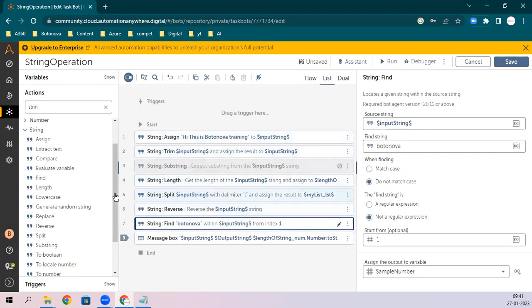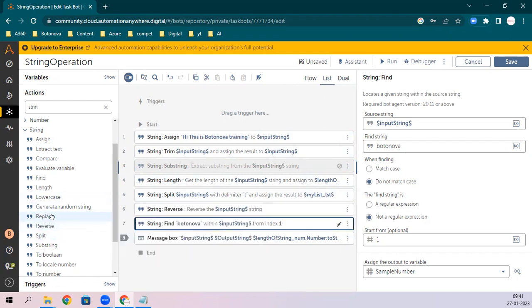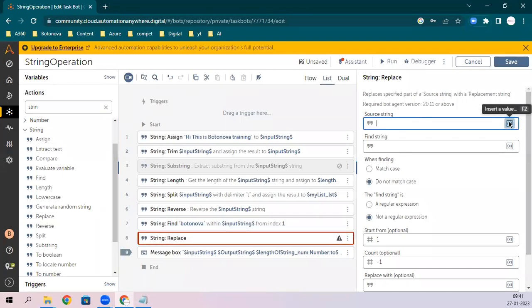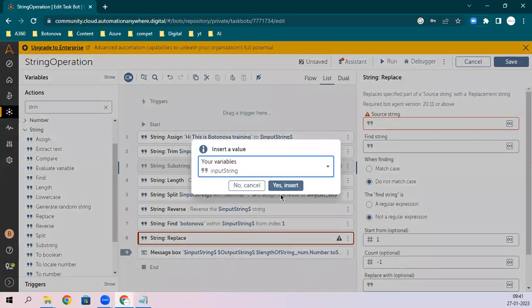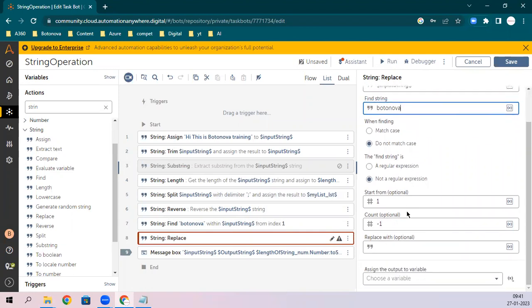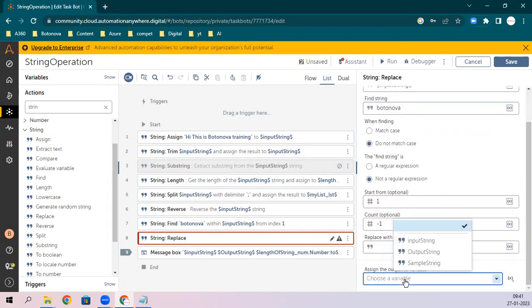Any doubt? In the same way, we have a replace command. I want to replace the input string. I want to replace the find string, like the same Botanova. I just want to find Botanova and replace it with something.